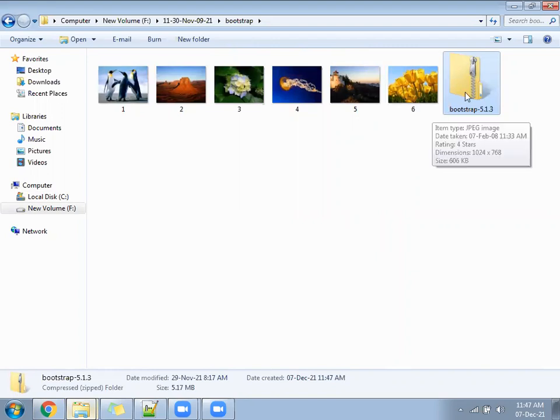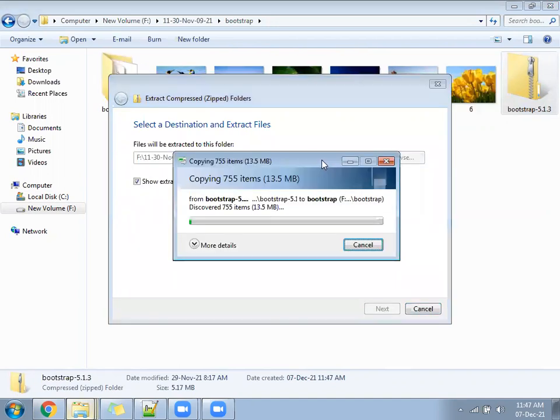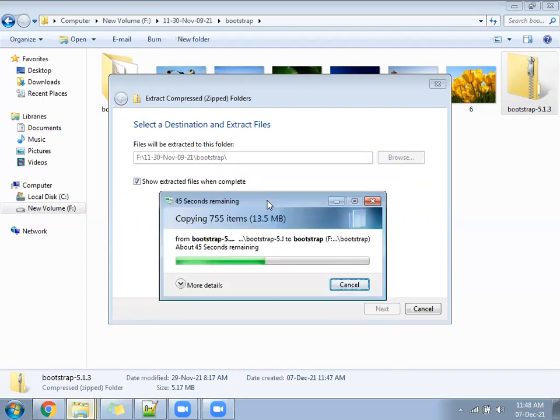After that, you need to extract it. It's a zip folder, so you have to extract it, compulsory. Copy that folder into your bootstrap folder and extract there. You can right click and the extract all option comes.